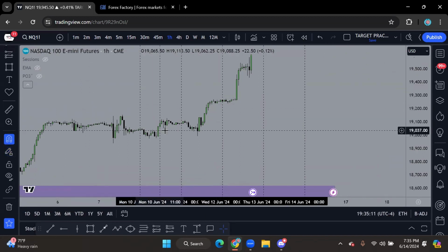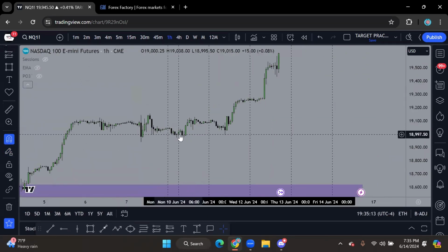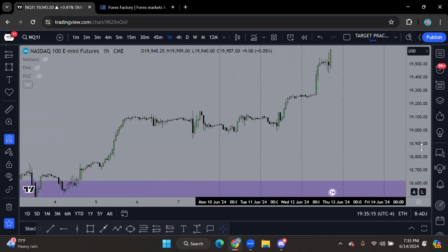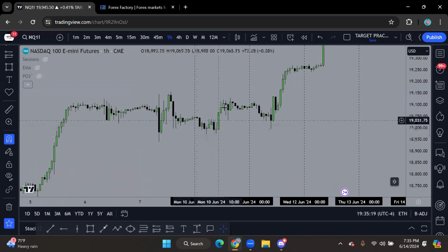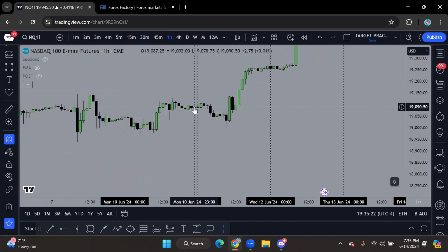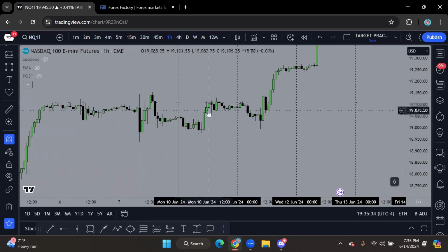So just looking at the market from this perspective, we see Monday, yes, you could have been buying on Monday. However, we see price move sideways going towards the close of New York. And then Tuesday, London, and early in the morning of New York, price starts to sell off. We don't take out these lows and we start to expand higher. So Monday is a day that I usually do not take trades,